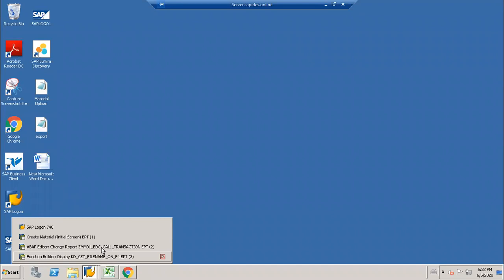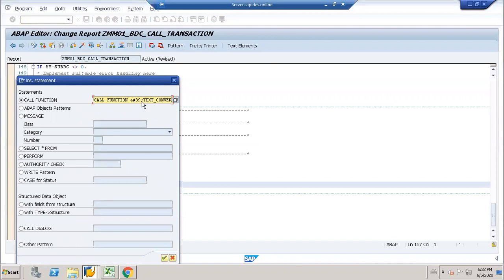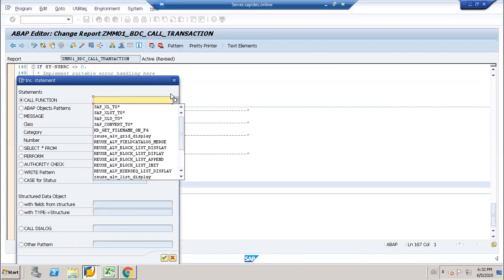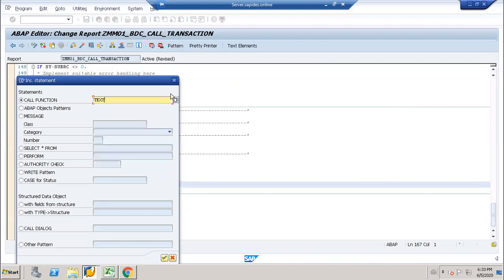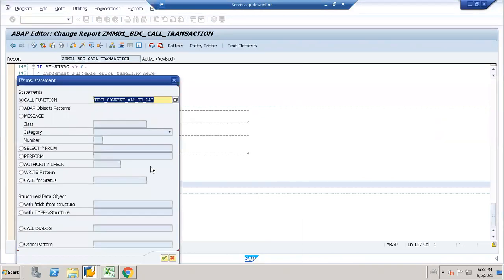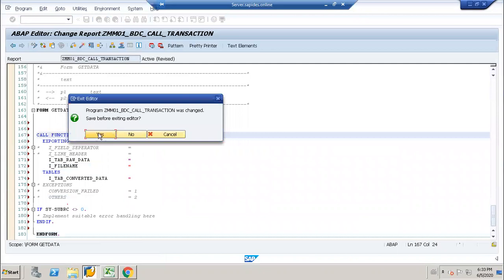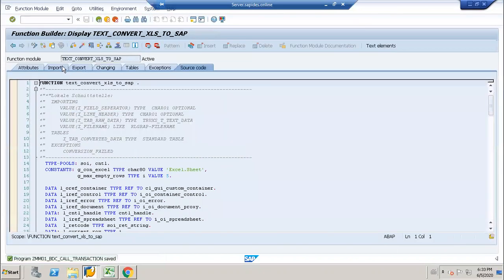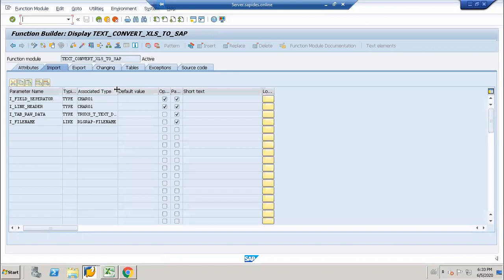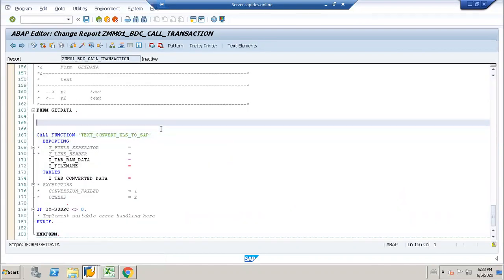Go here. Just copy this. So here, what do you do now? Go inside the function module. Here I have to take import as this one. This is a table type. I have to declare a table type for this. So once I go here,